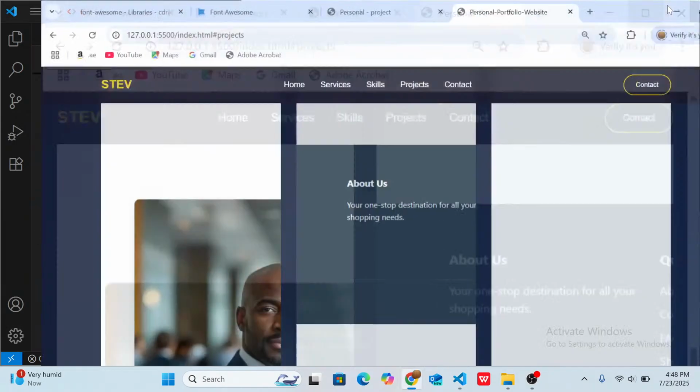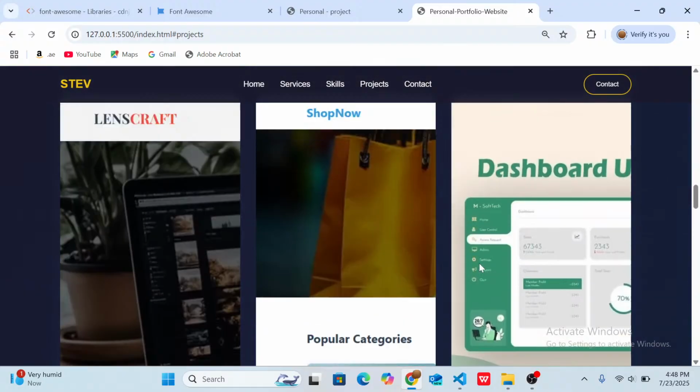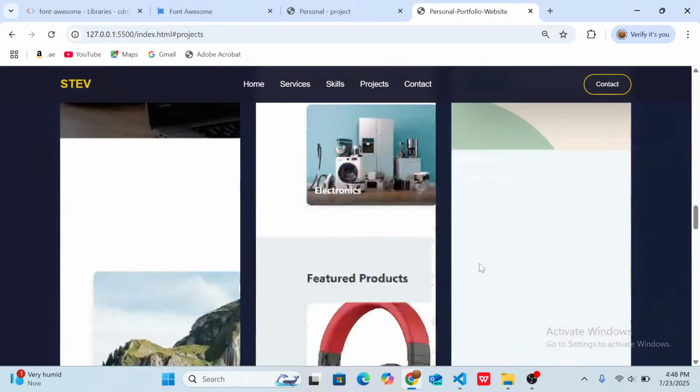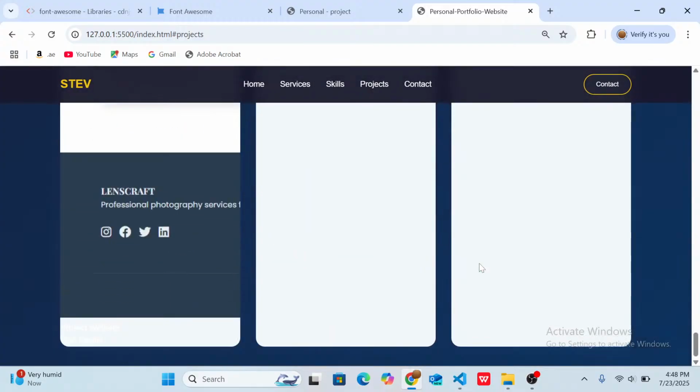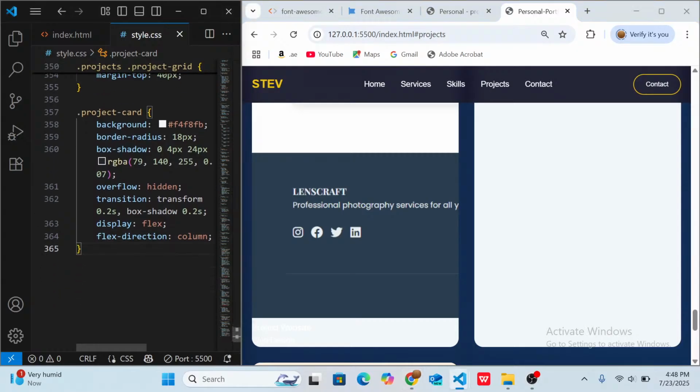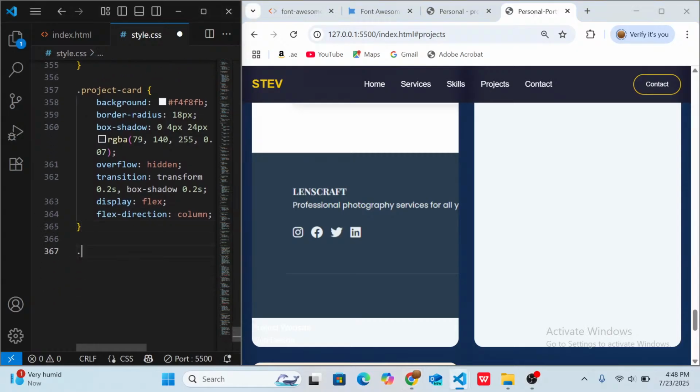Let's see what we have so far. Okay, we've not styled the image, so it's expected to be like this. When we style the image, you see the difference. Now for the project card over,